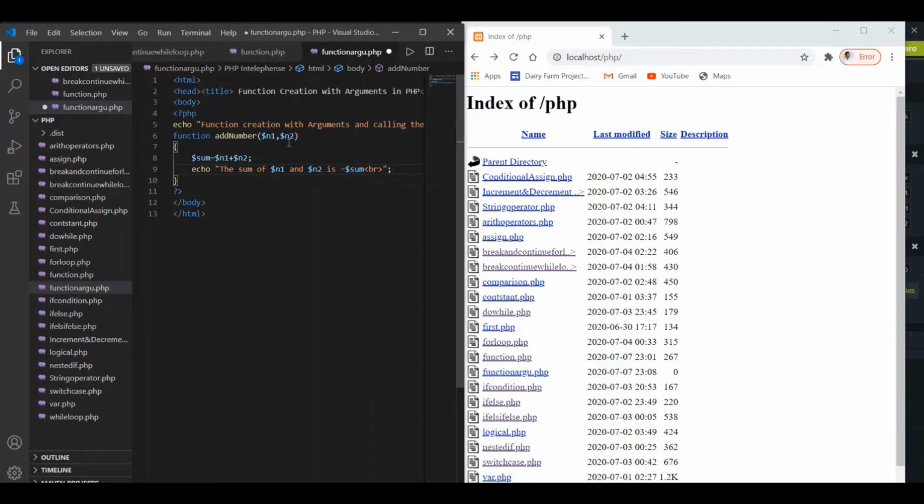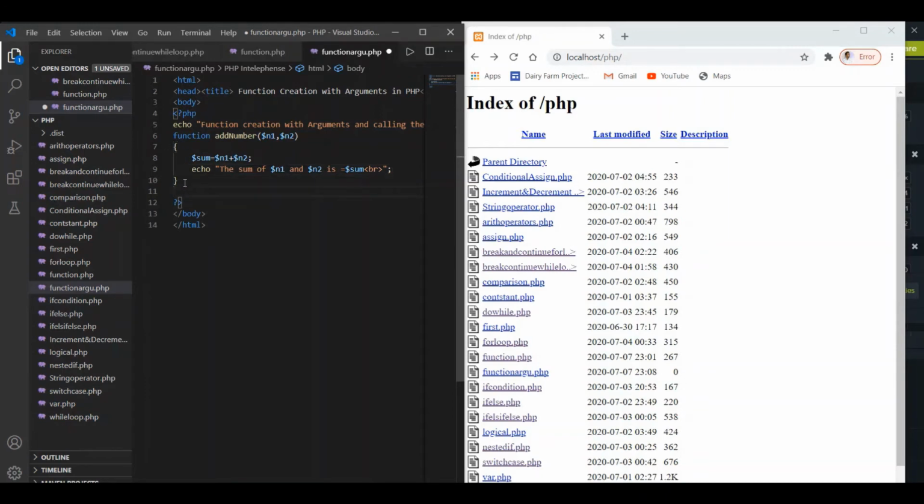So this is how we have created a simple function with the name add number. This will take two arguments whenever we call this function, and these arguments will get added to each other, their value will be assigned to the third variable, sum, and using echo I am going to display the result.